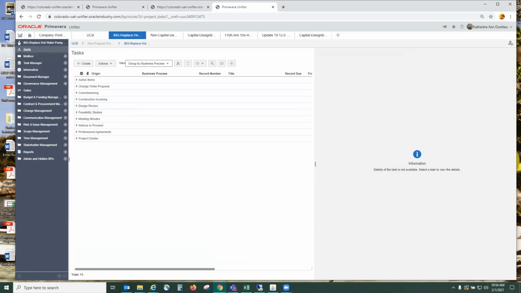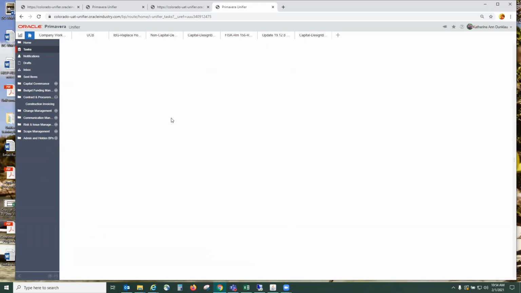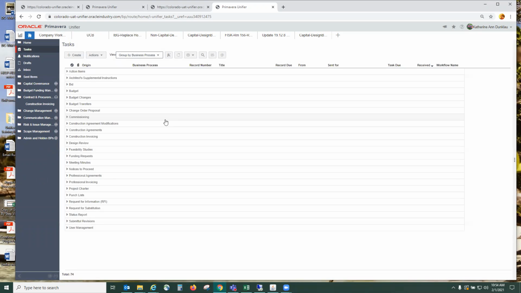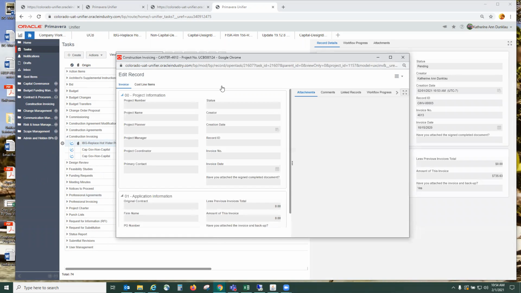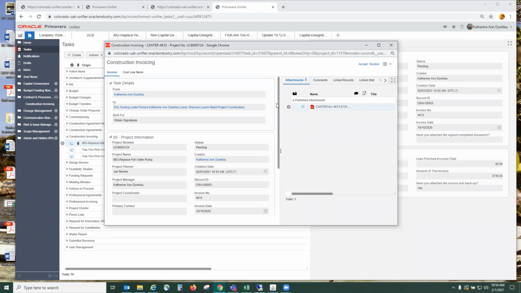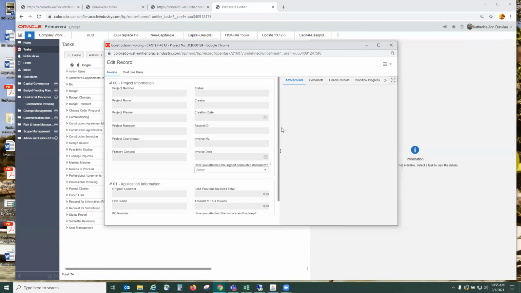So as project coordinator, I may be on my home screen in my home task list. And I'm going to focus on invoicing today. So I will look at construction invoicing, probably, and professional invoicing. Our practice from Cantor is right here, so I will double click to open it. I will download the attachment, route through DocuSign. When it comes back from DocuSign, I can then reopen this task, select accept